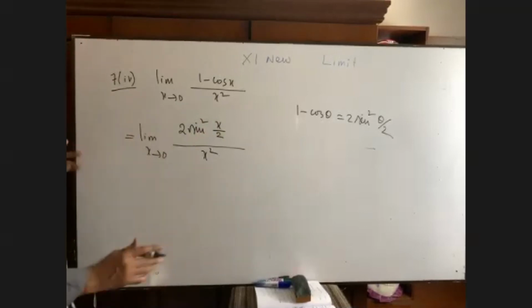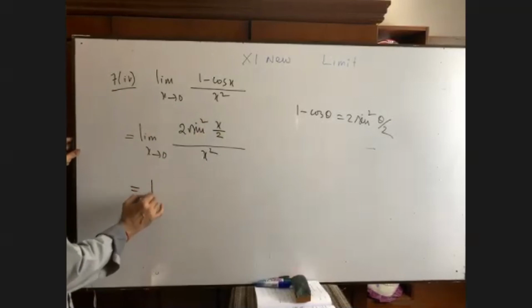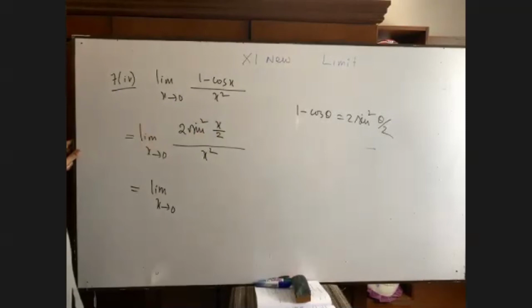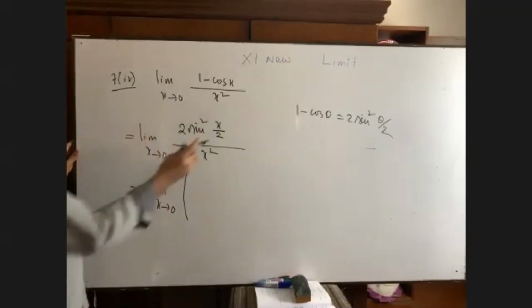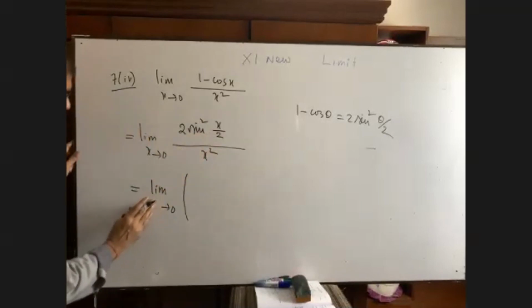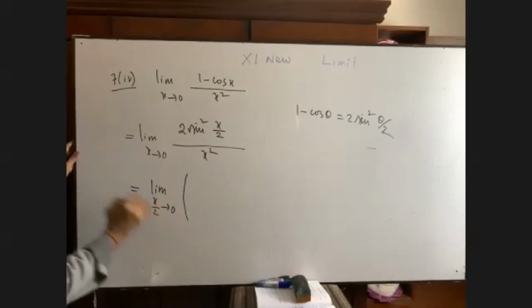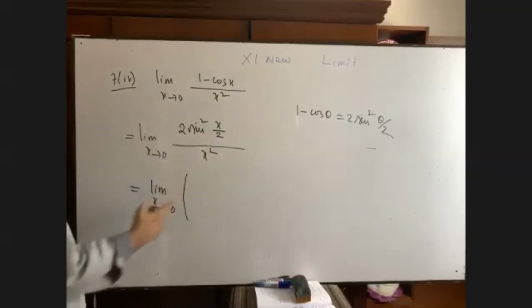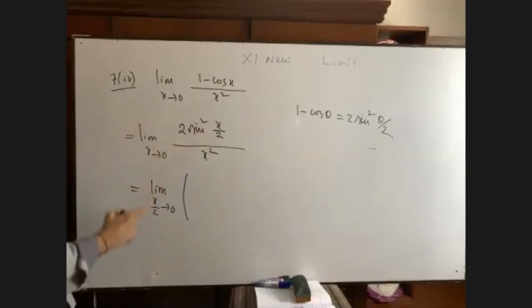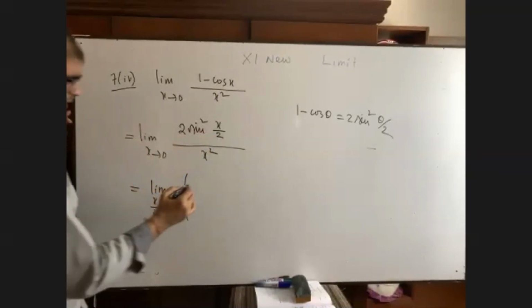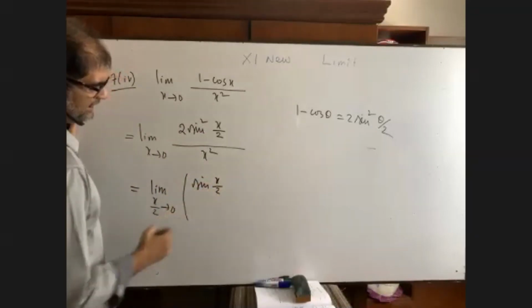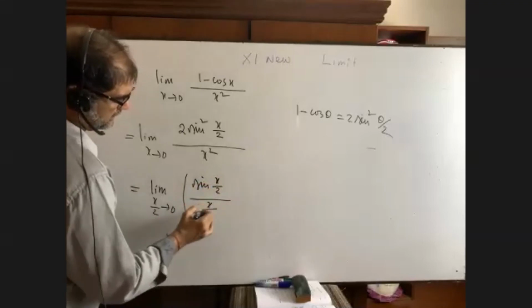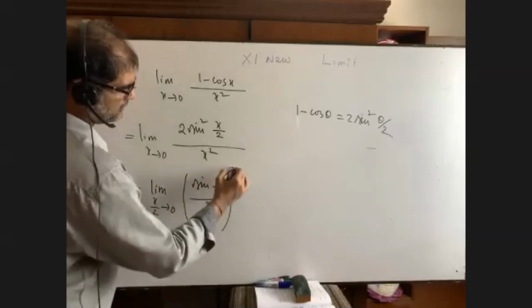Is it okay to all? Okay. Now limit x tends to 0. What I told you, you know only one thing. It is x by 2. So better to write down here x by 2. For this, it is theta. Now what is theta? It is x by 2. So what I told you again and again, sine theta by theta. You write this down at first.